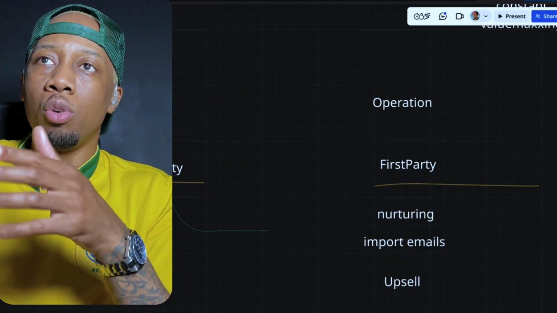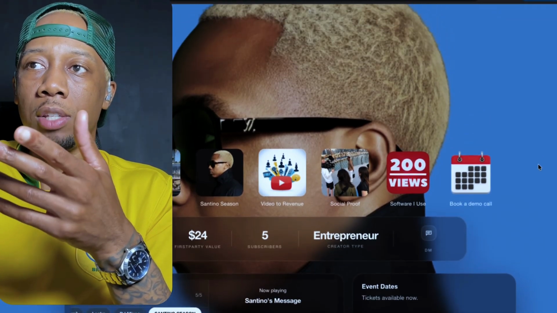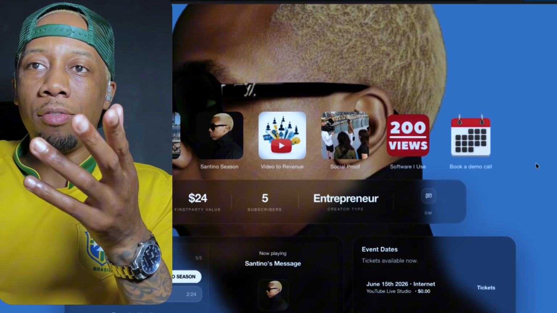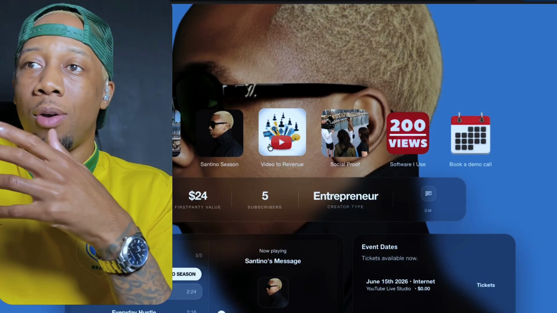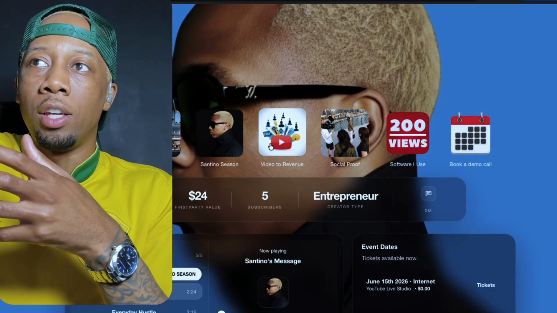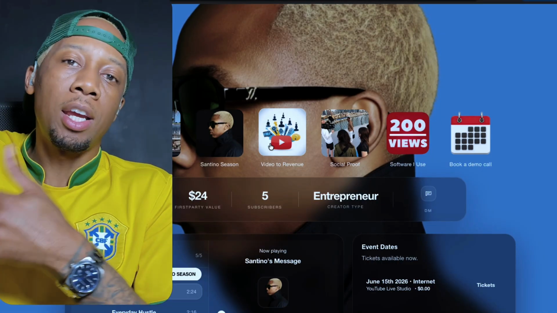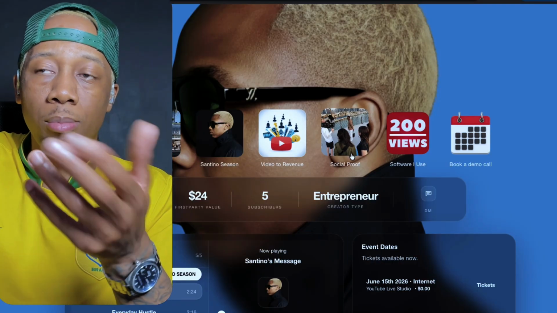So let me just show you what it's like. This is what it looks like on the front end. As you can see, that is me, blonde hair, LV shades, nonchalant look on my face. Excellent. Okay. But this is my engine. This is how I actually attract everything into my ecosystem, and I don't have to think, and then I can make like 4, 5, 6 videos on YouTube every single day because I have time. Okay.